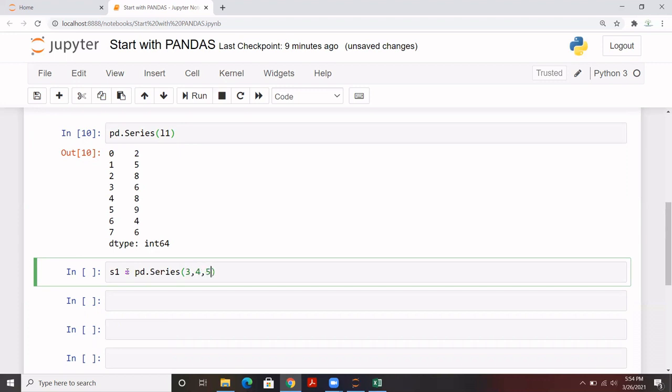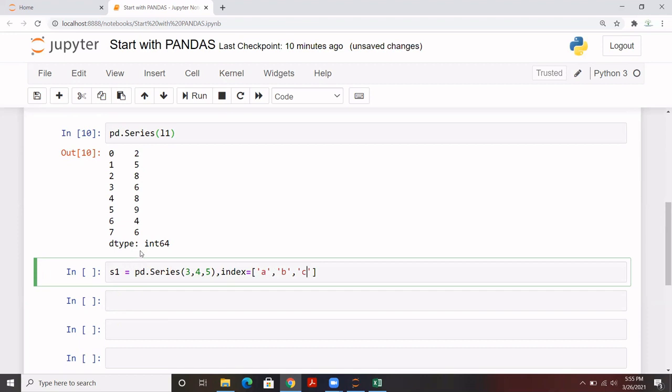Let's say 3, 4, 5, just three values, and I want to rename it here only. So I'll be using the index parameter, and in index, using list brackets, I can directly rename it from here. Let's say I have given this name as A, this as B, and this as C. There are three records, and I have renamed those as A, B, C.